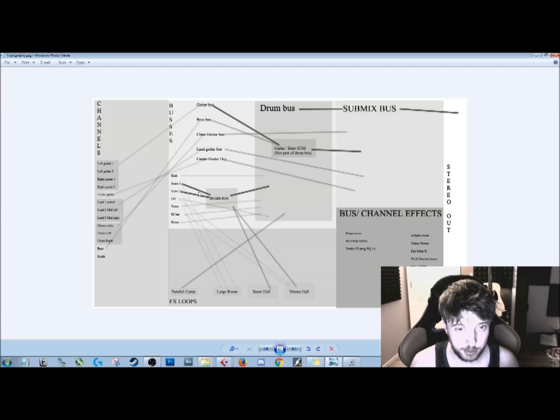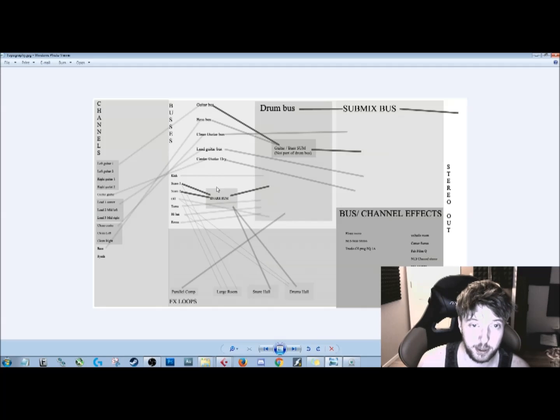And basically how the drums work here, same deal here. The kick mic group is sent out from the actual Steven Slate drums to its own output in Cubase. That's sent to the drum bus. Then I have some other instruments sent directly to the drum bus: overheads, toms, hi-hat, room mic, except for my